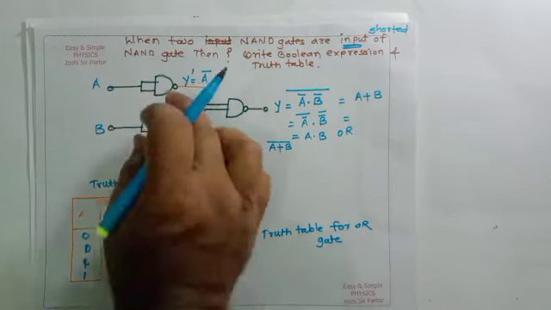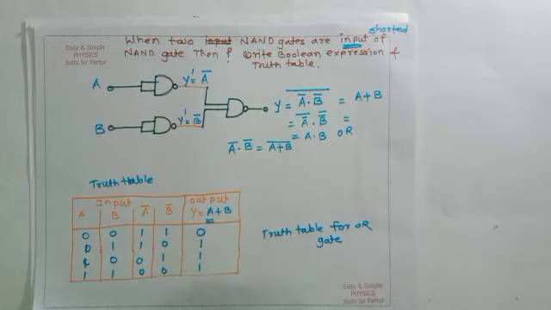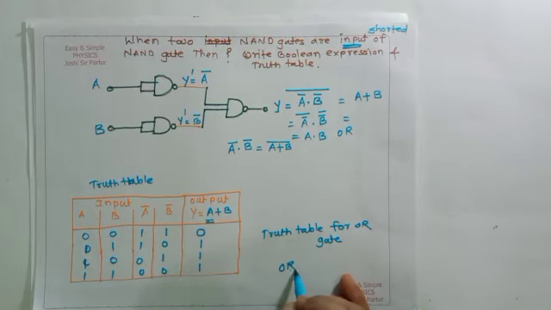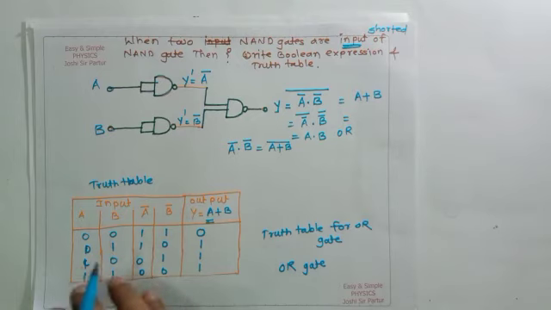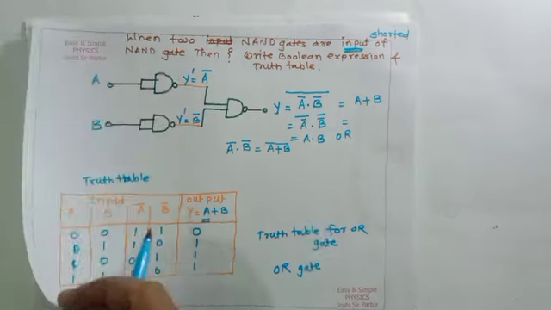So the circuit which is given can represent an OR gate. This means three NAND gates are used such that two NAND gates, whose inputs are shorted, are combined into a third NAND gate, so its output becomes the same as an OR gate. This example represents an OR gate.